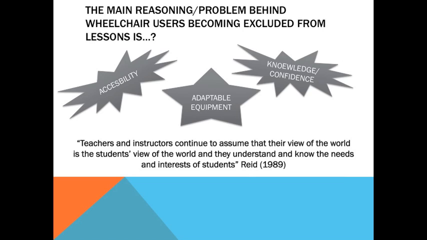So, what are the main reasons behind disabled children becoming excluded from mainstream lessons? Accessibility for a disabled student plays a huge part because one must be able to access a sports hall and the changing facilities in order to be able to think about participating in a PE lesson. Then comes the question of has the teacher planned and prepared the lesson to make it adaptable for the child to participate with the rest of the class. This means ensuring adaptable equipment and rules and regulations to take place for the game to go ahead.